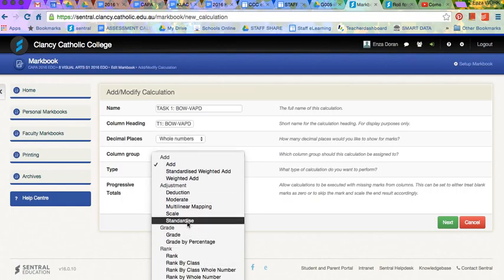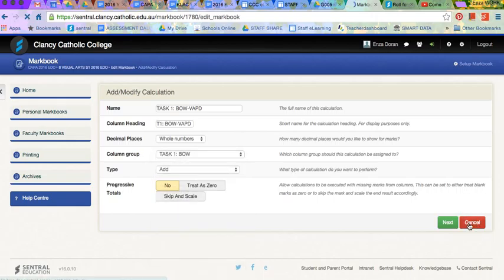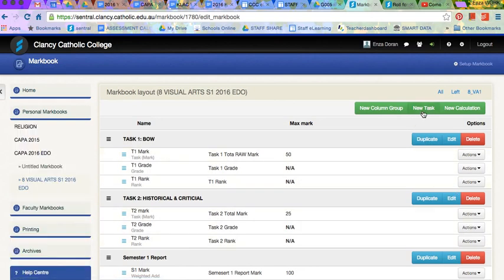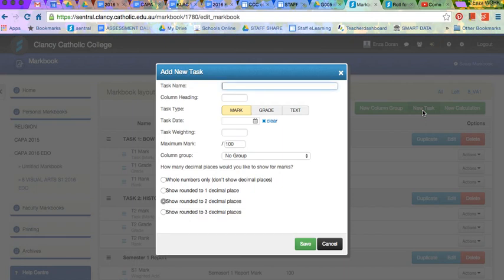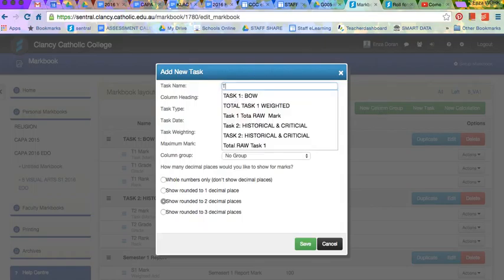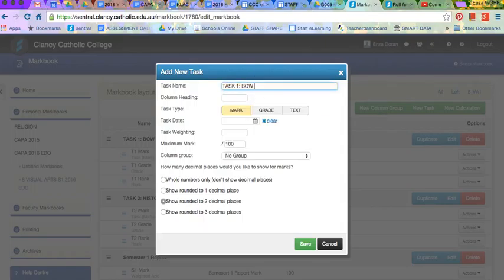Now sometimes you want to add or change a particular object. So if I want to add, that means it's going to accumulate marks from different places. If you don't want that, go cancel here and then just put in new task. And so here you can put in, again, task 1 body of work, and you might want to put VAPD, and you'll come up with the heading, and you can say